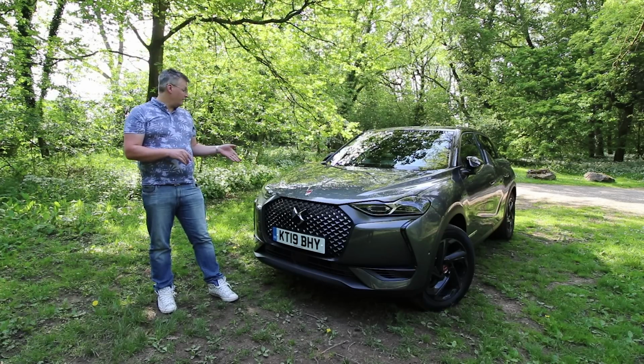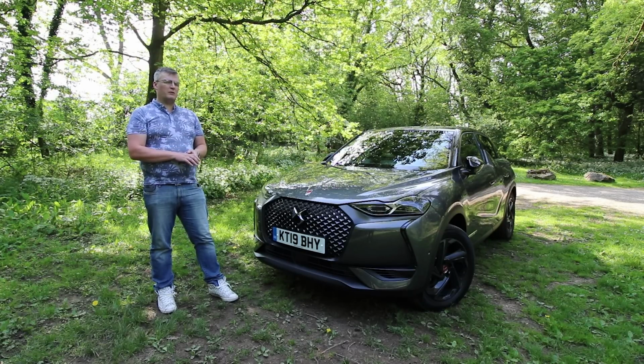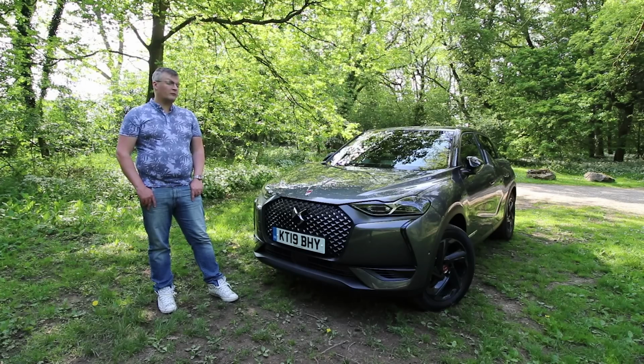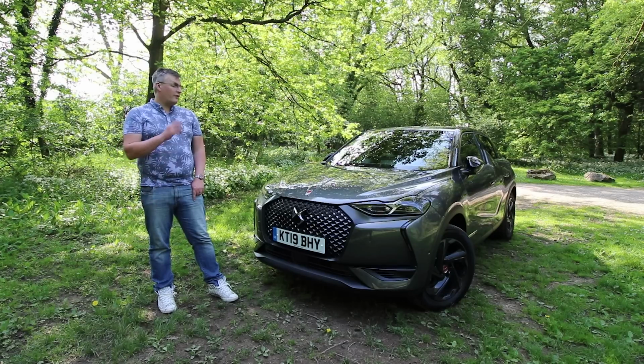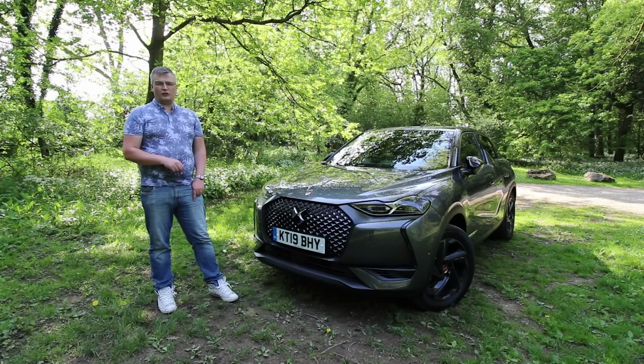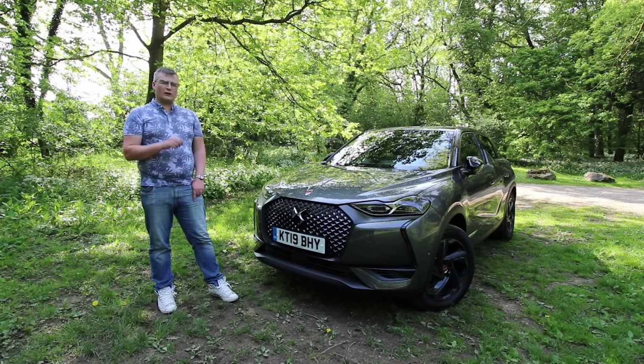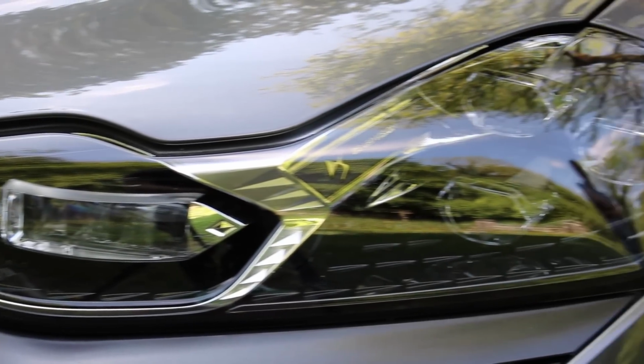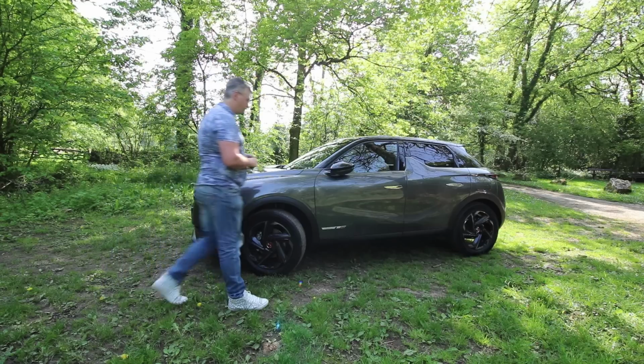You've also got LED vision headlamps with main beam assist, rain sensing wipers, and being a premium vehicle, it's well kitted out for safety as well. This particular model has the advanced technology and premium safety pack as well as City Park. Also you've got LED daytime running lights, front parking sensors. Coming to the side of the vehicle,